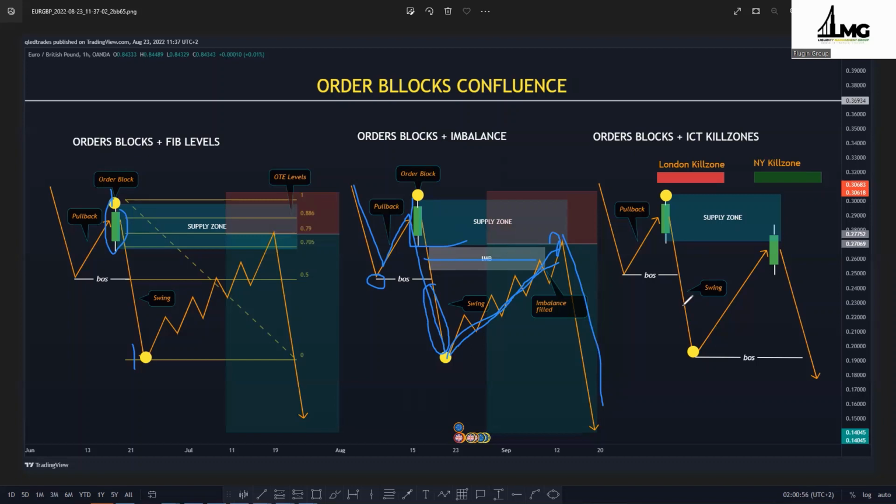This is one of the most consistent patterns that I've seen, right? Where we see price obviously break structure to the downside, taking out this low, leaving the high, forming a new low. What do I look for? Price pulling back into this zone, reaching this order block. Once price reaches this order block, I look for the next Q zone and say,